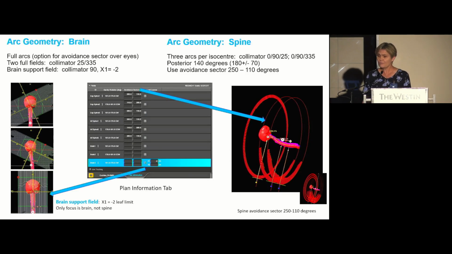So the arc geometry that we finally settled on was an interesting one. For the brain, we use full arcs, but then we add what we call a supplementary field. Rotating the collimator to 90 degrees, you have the ability on the Halcyon, like you would previously block a jaw on a linear accelerator, a C-arm, here you can limit the movement of the MLCs. So the supplementary field is used to boost the dose to the brain, which is a place where I really struggled originally. So 2 full arcs, long fields that will allow for the feathering into the spine, and 1 supplementary field